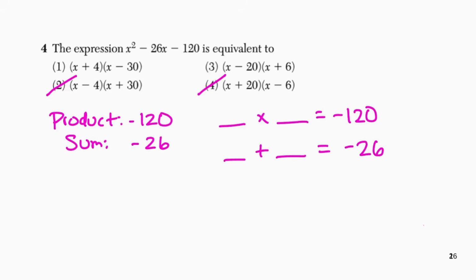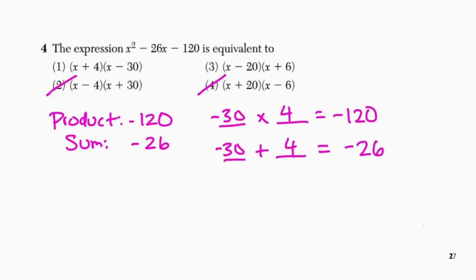So as I start to think about what numbers are going to satisfy these two equations, I come up with -30 and +4. Those multiply to -120, and when I add them, I get -26. As I've been saying with all the problems, the other choices are not random, right? These numbers obviously look very close. It will give you -120 if you multiply -20 and 6, but it will not give you -26 when you